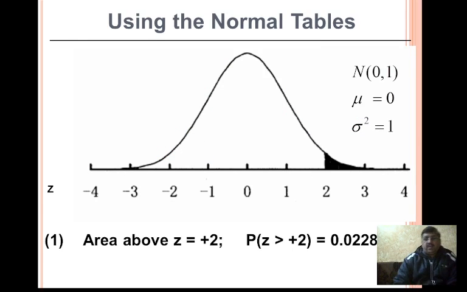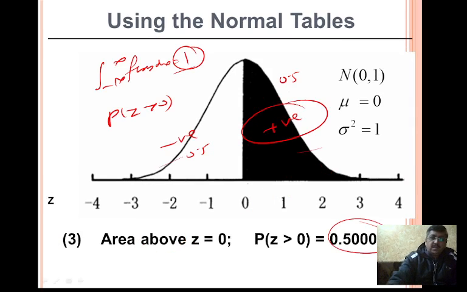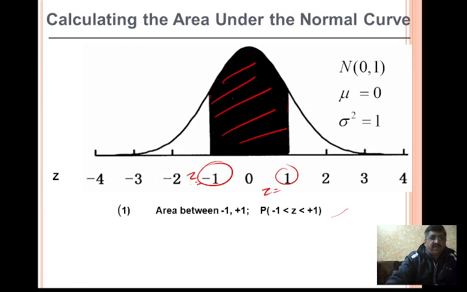Moving to the next one. Similarly, we have the probability of z greater than plus 2, and how we'll find 0.228. This is another example where we have subtracted like this. Try to do it on your own, and I'm giving one more example to you. Similarly, here you can see that 0.1587 we have just calculated like this. The probability of z greater than 0 needs no calculation, it will always be 0.5.